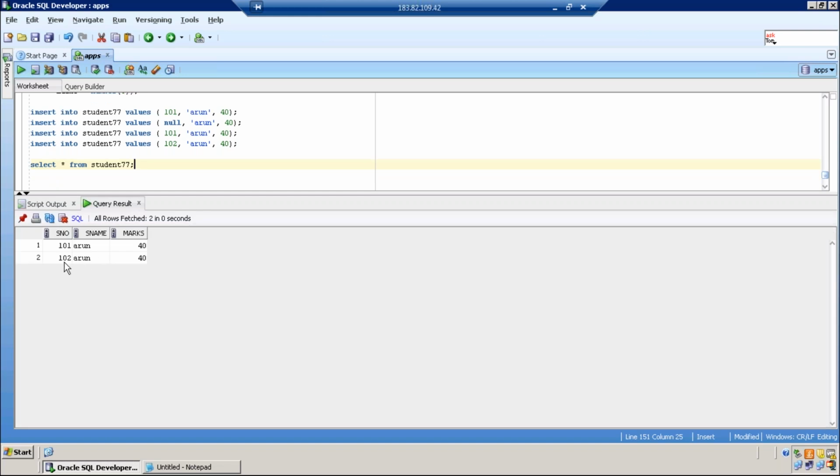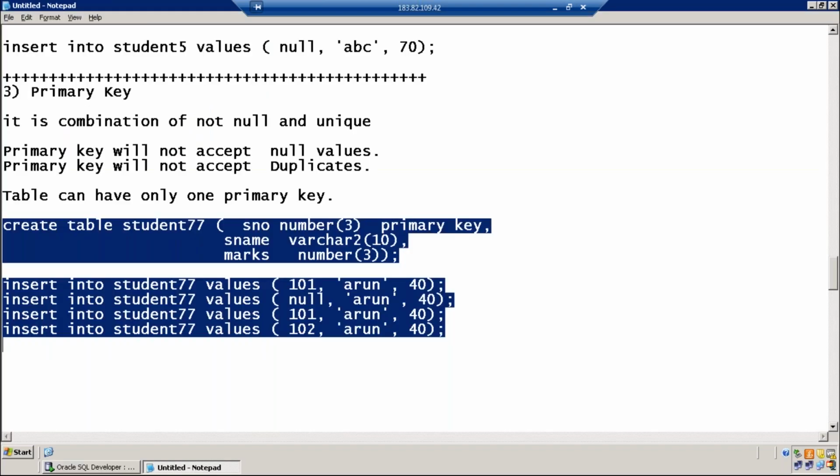So what is the purpose of primary key? Primary key is used for unique identification. If you want to identify every row with a unique number, that is possible by using a primary key value. You cannot uniquely identify every student by name because two students can have the same name. For example, every bank account holder is identified with an account number, every vehicle with a vehicle registration number, and every employee in an organization with an employee number or employee ID. For that purpose, we use the concept of primary key. Technically it is a combination of two constraints, not null and unique.